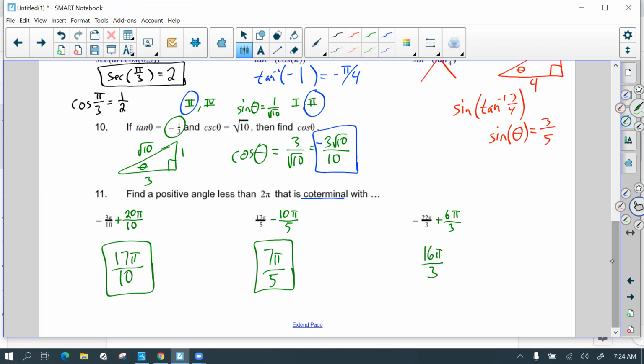That gives me -16 pi over 3. That's still too big, or too small, really. And then that's -10 pi over 3. That's still not positive. Remember, I need something that's positive and less than 2 pi, so I'm still negative. So I add another full circle, and that's -4 pi over 3. Add another full circle, and finally it's 2 pi over